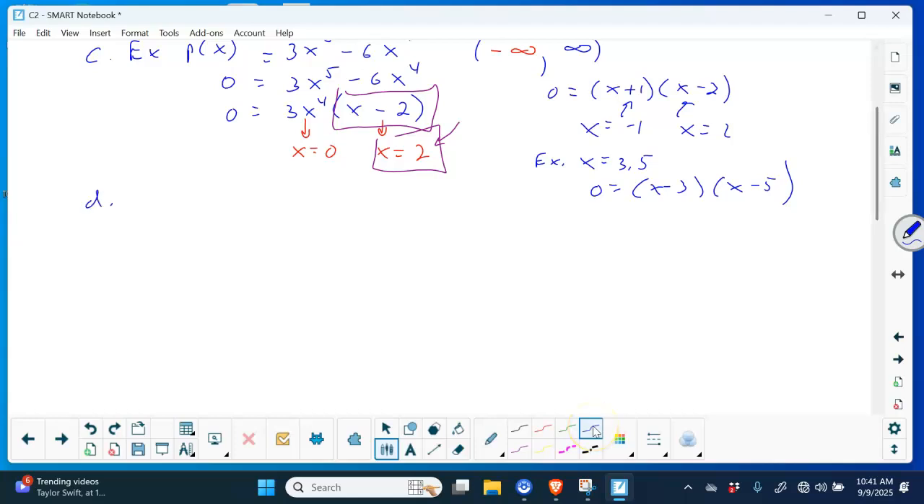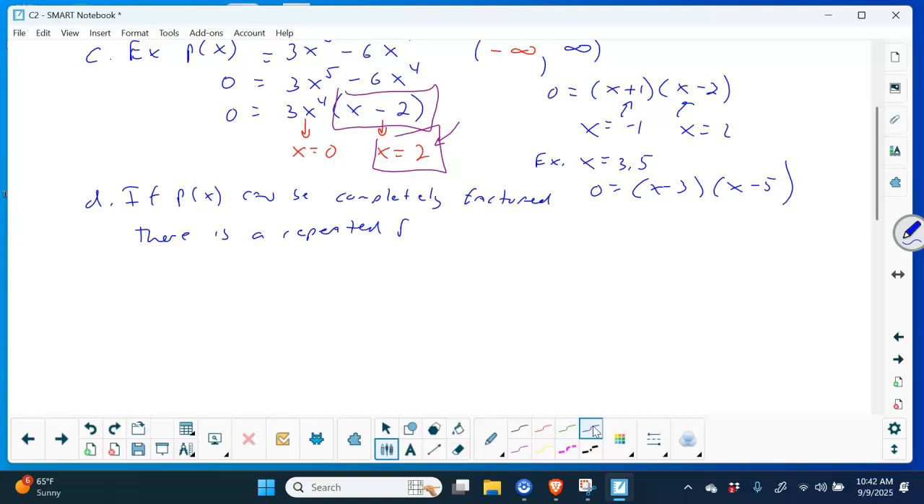D. If P of x can be completely factored, and completely is important, what if when it's completely factored, there is a repeated factor,